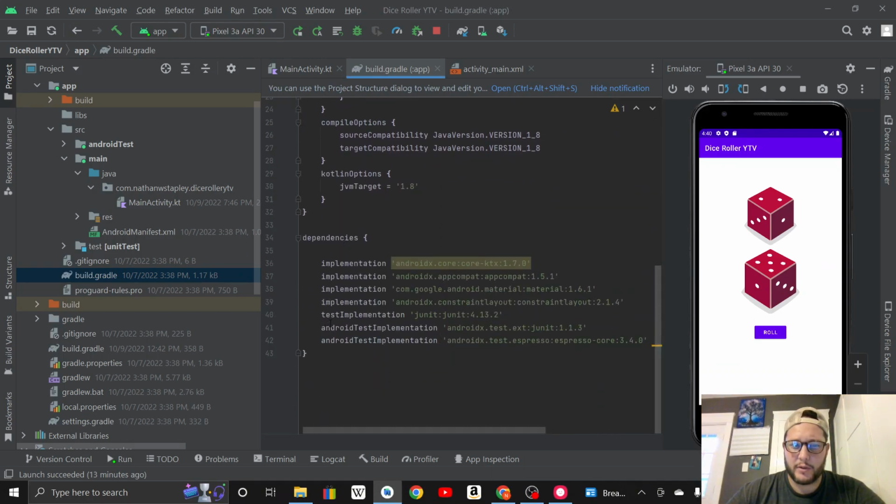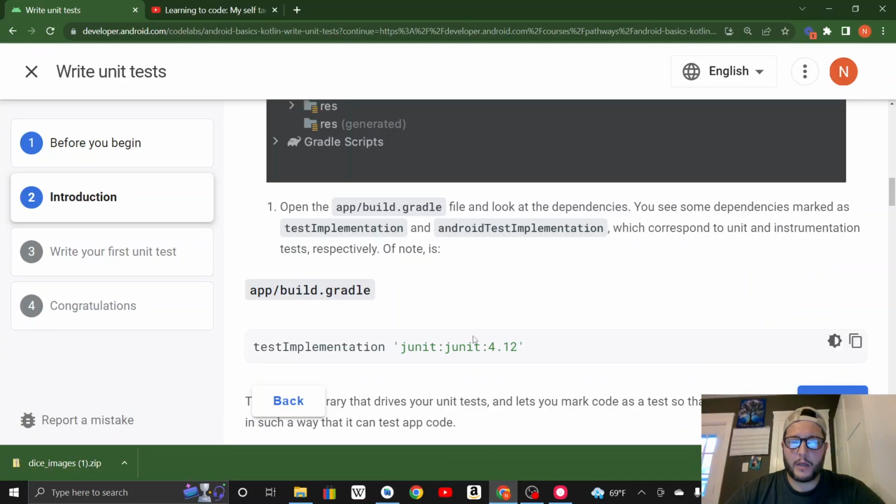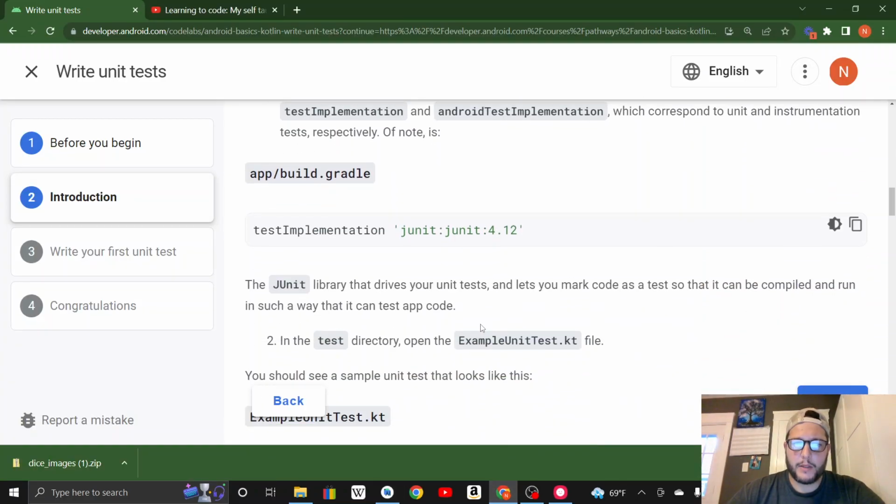So dependencies, test implementation. JUnit 4.13.2. Implementation, all these are implemented too. Okay. Yep. The JUnit library is the one that drives your unit tests and lets you mark code as a test so that it can be compiled and run in such a way that it can